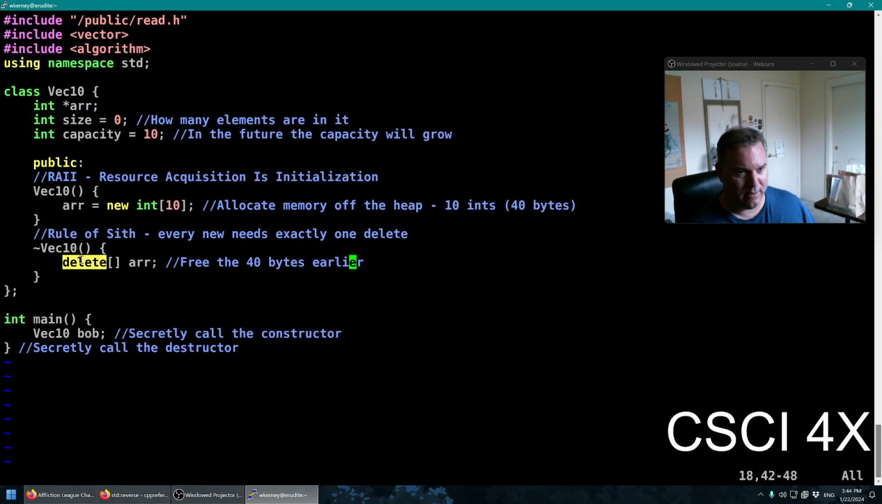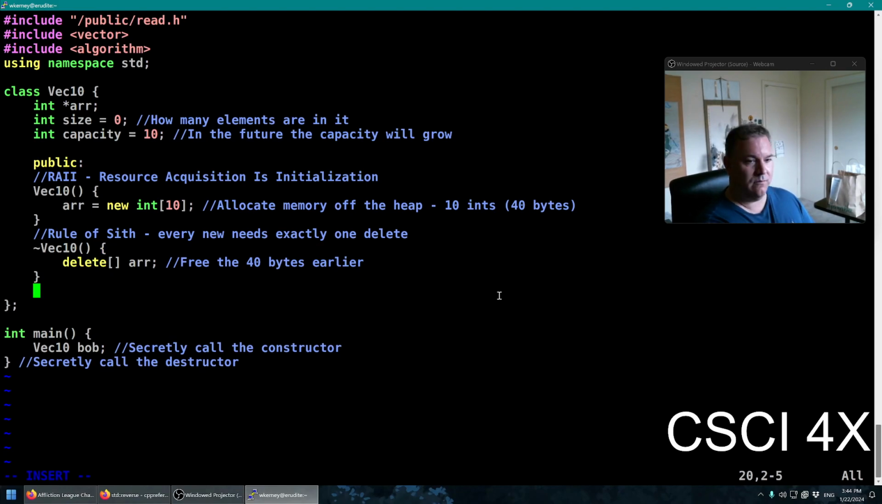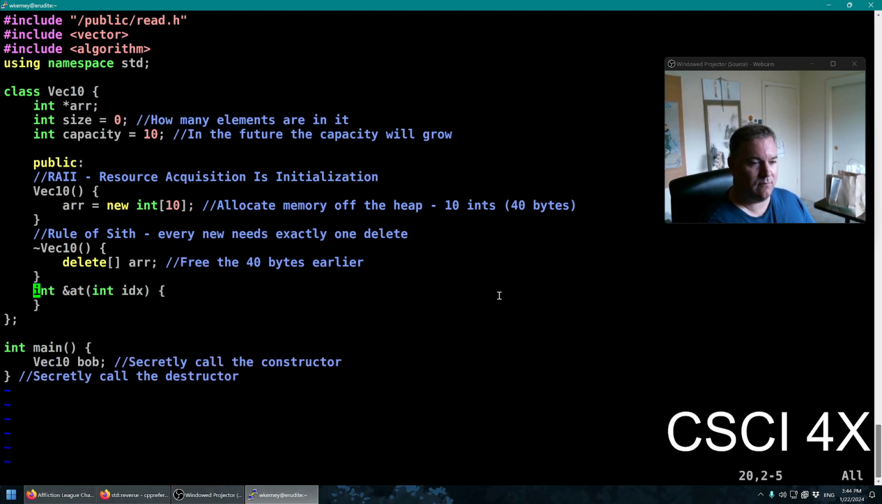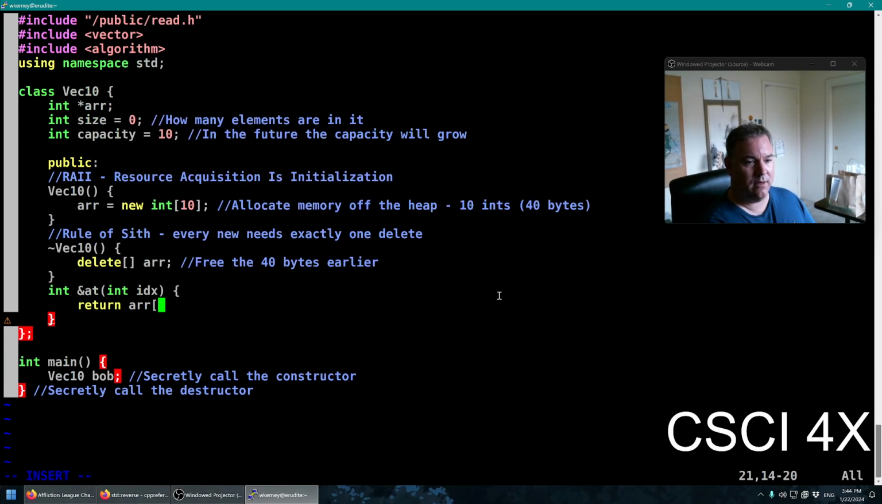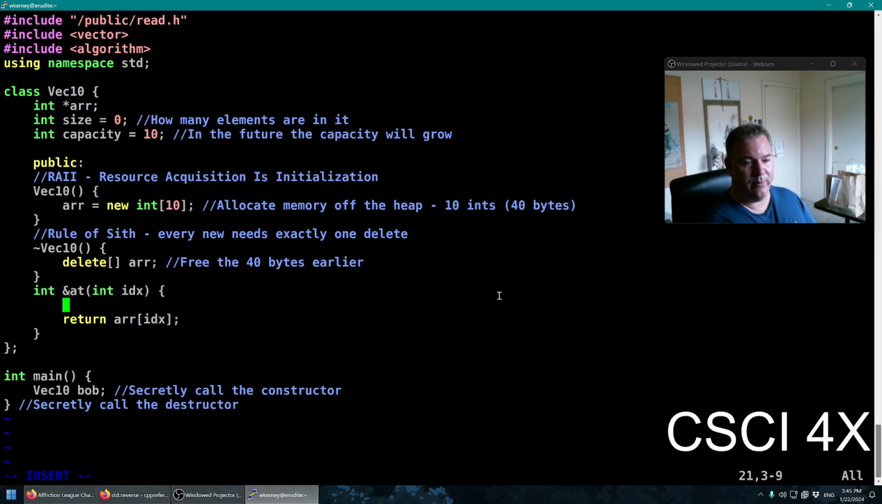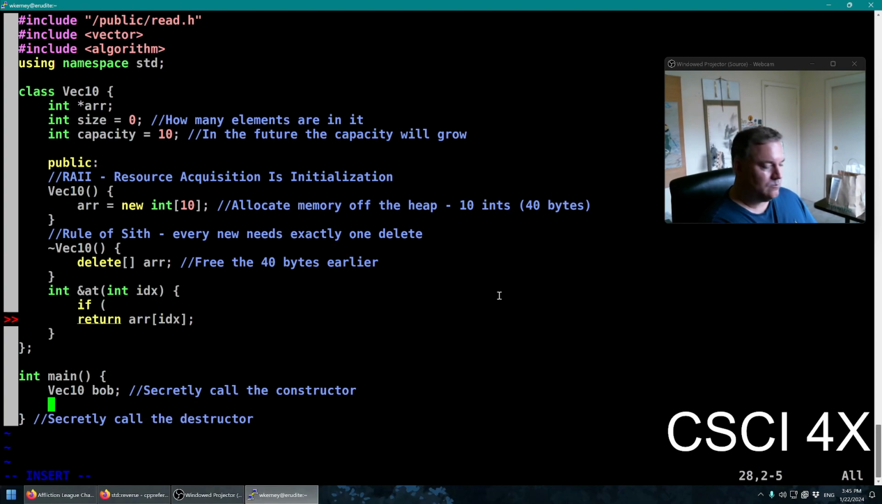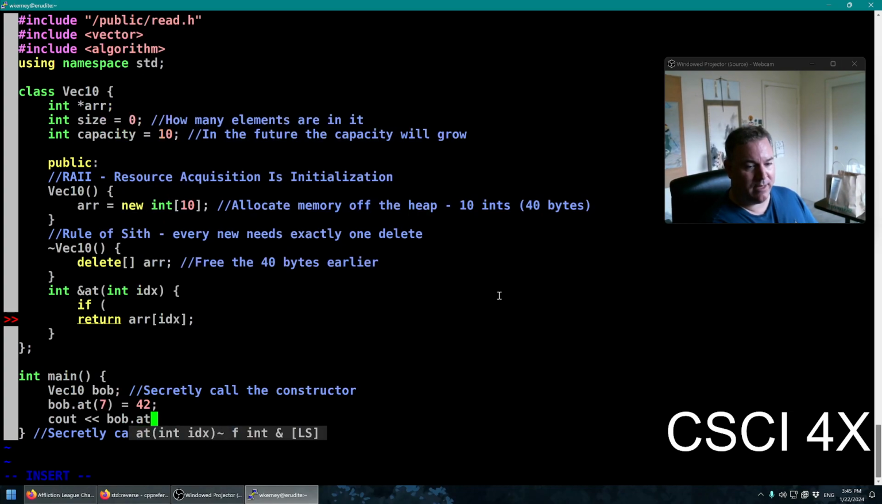Okay, so what else do we need in our array class here? We need an at. And we're going to return our square bracket, idx. And we should probably do some bounds checking too. So if we make vector10 bob, what we want to be able to do is say bob.at(7) is equal to 42, cout bob.at(7)